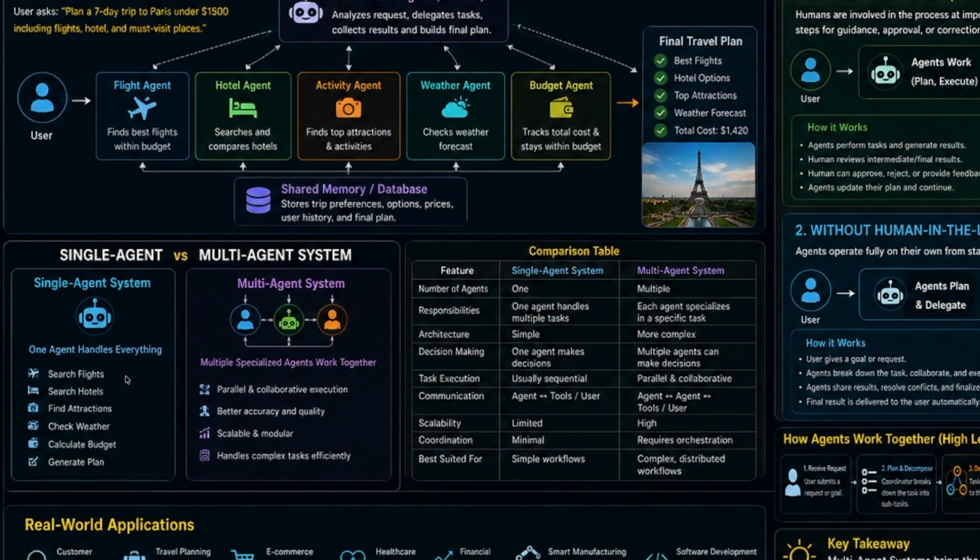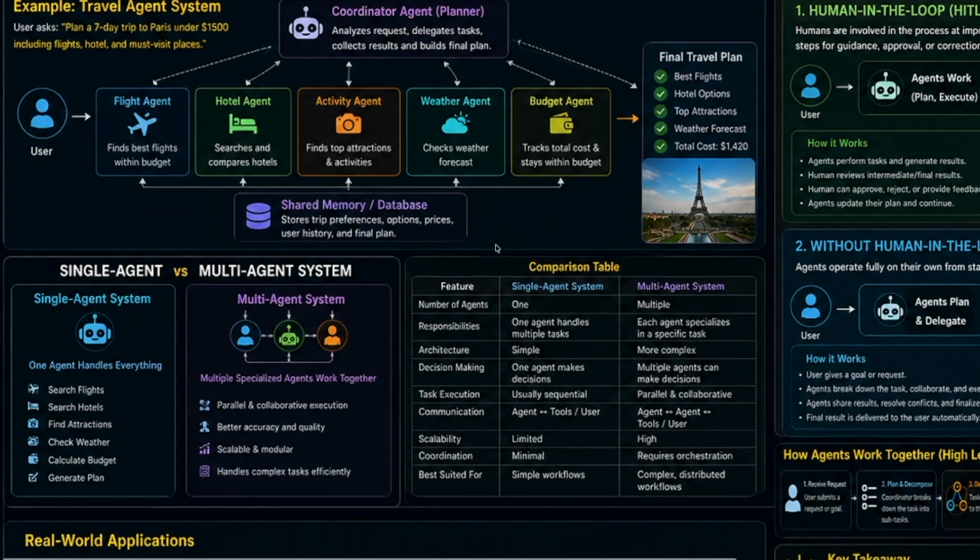It will go and search the flights, hotels, finding some attractive places, weather. All these things will be handled by a single agent. But in a multi-agent system, with parallel and collaborative execution, all these tasks will be delegated to different agents. Each agent will do a specific task and finally it will report to one coordinator here, and then the final outcome